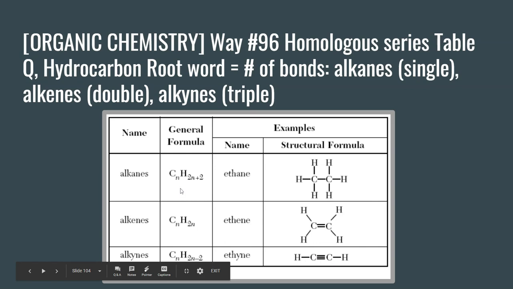In general, the formula is going to be CnH2n+2 for alkanes, CnH2n for alkenes, and alkynes are going to have CnH2n-2. And they're going to end in specific root words. Alkanes are going to end in -ane, alkenes are going to end in -ene, and alkynes are going to end in -yne. And if you recall, the prefix eth- comes from the previous table in your reference table